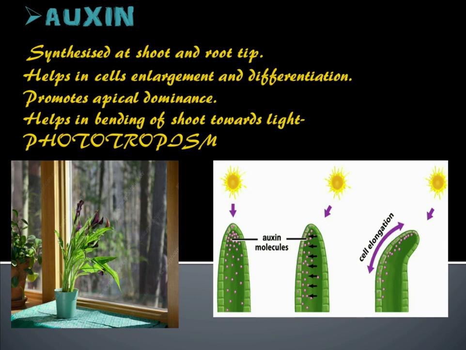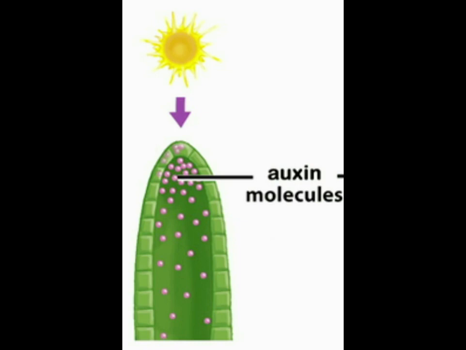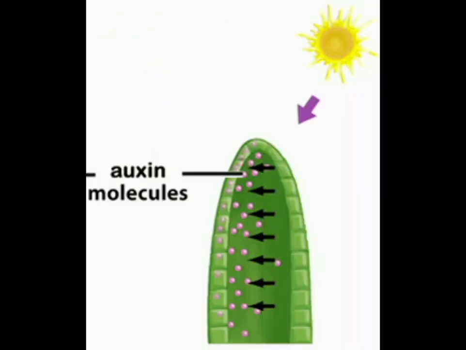Now let us see how auxin helps in phototropism, or how the auxin plays a vital role in bending of shoot towards light. Here is a picture showing shoot tip of a plant. When the shoot tip of a plant detects sunlight, a hormone called auxin is synthesized at the shoot tip. This hormone auxin is responsible for the cells to grow longer. When light falls on one side of the plant, the hormone auxin slowly diffuses towards the shady side of the